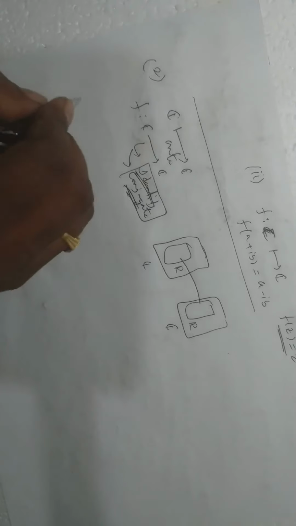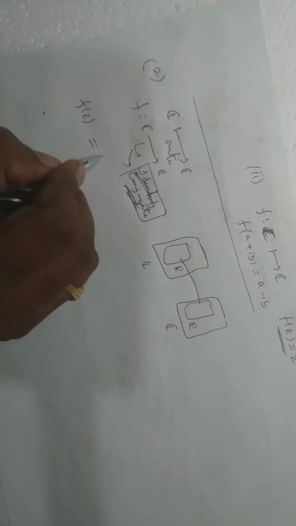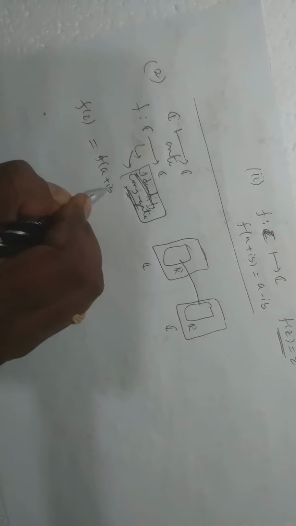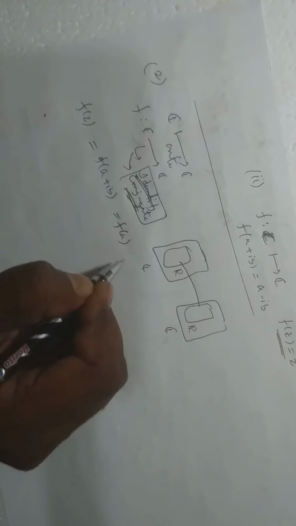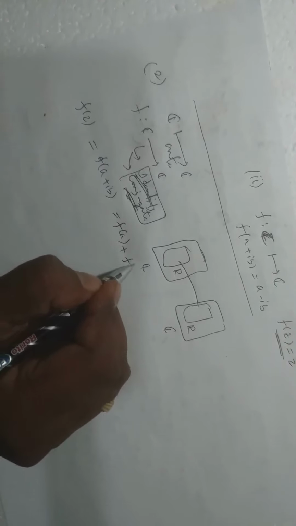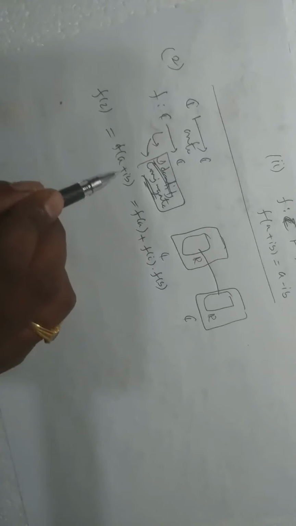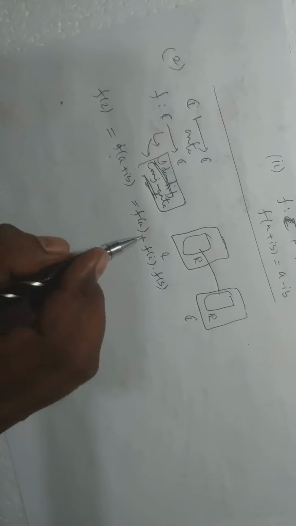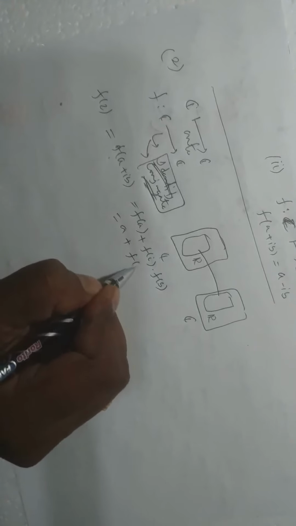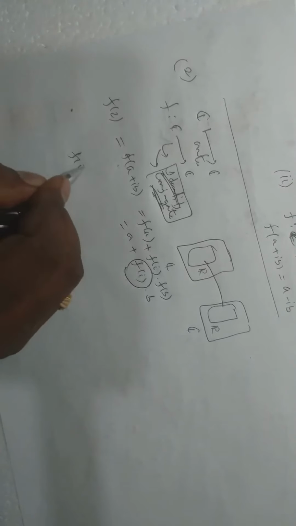So to arrive at this case, let me say f of z is f of a plus ib. It is f of a plus f of i times f of b, where a and b are reals. Once you have real, what is f of a? It is a. f of b is b, because from real to real we already know we can have an identity map. So let me say f of i is t.